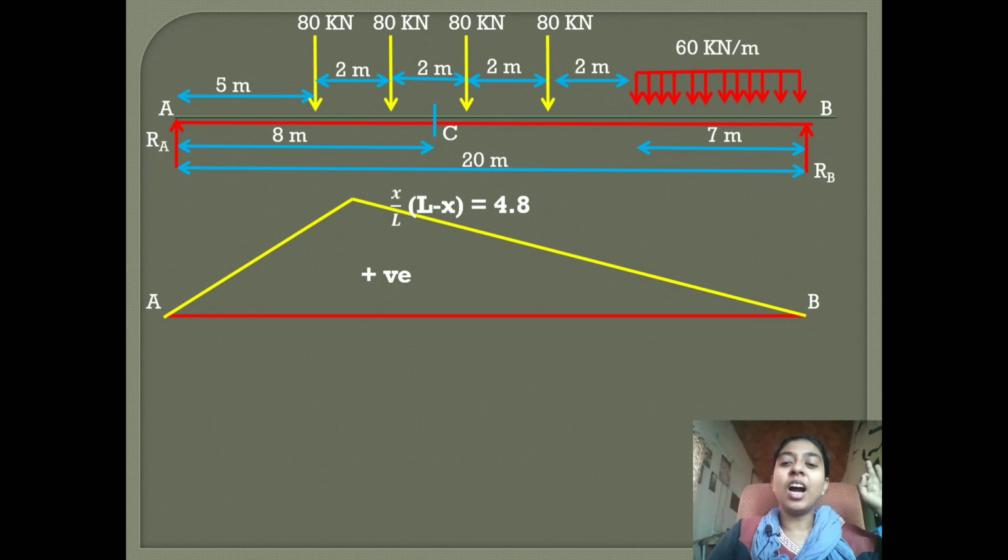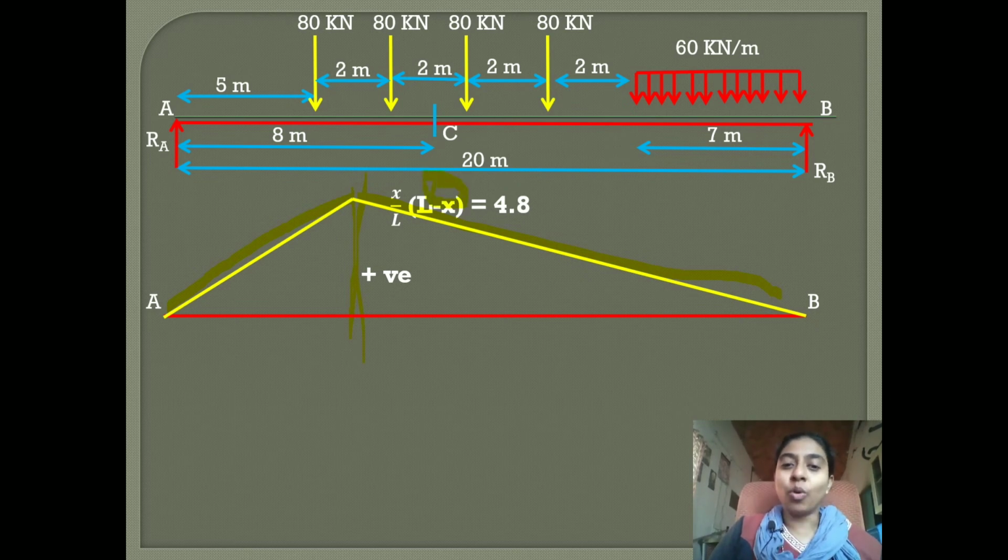Now we will see how to find the bending moment of a section, using the influence line diagram for the bending moment. We know how to draw it. At a section x equal to 8 meters, we can draw the bending moment diagram like this. See, the distance is not correct here. It should come somewhere here.